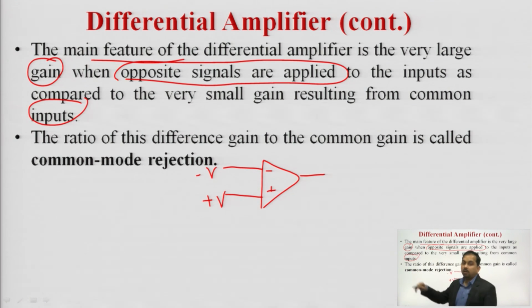When opposite polarity signals are applied to the op amp, they get highly amplified, whereas if we apply the same polarity signals, the op amp will reject